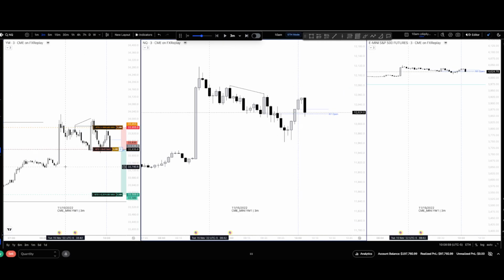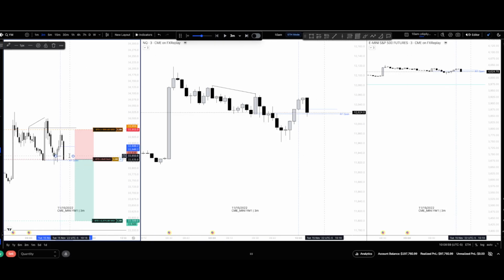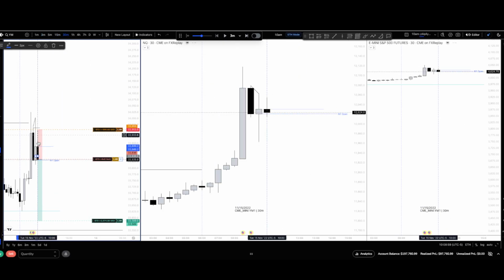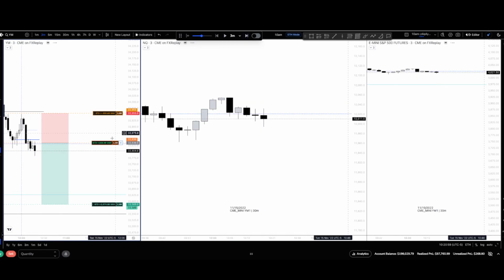I can also take notice that I have a much clearer stop loss placement, revolved around a 15-minute swing formation, and we're also revolved around a 30-minute C3 as well. So with this all being said, I'm entering here, and my job is just to bring it down